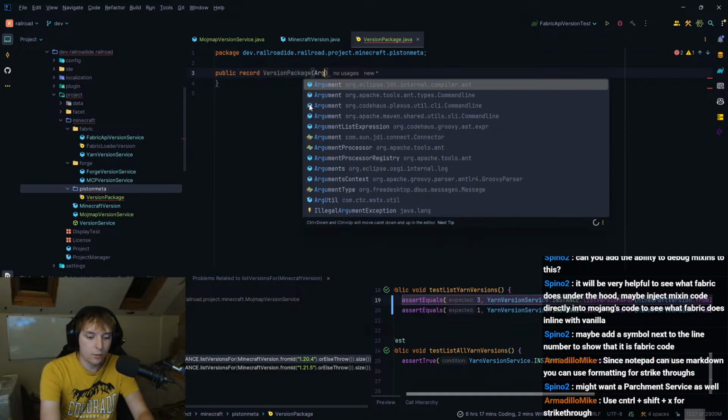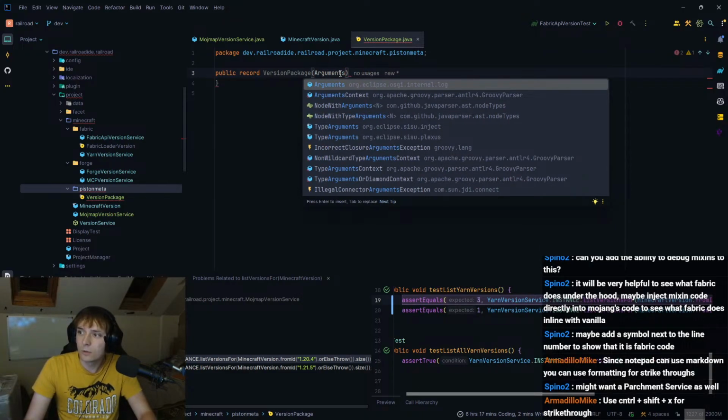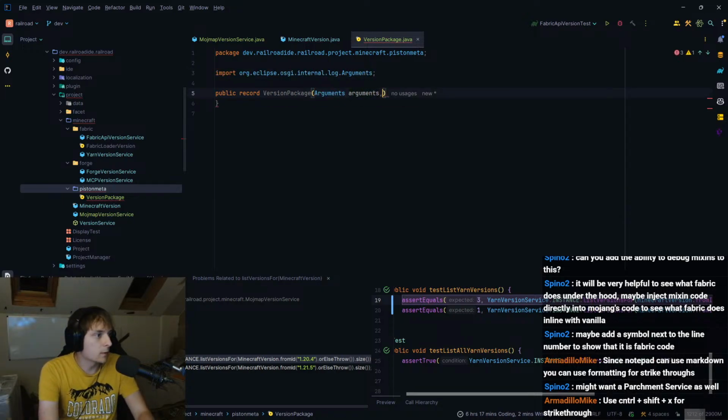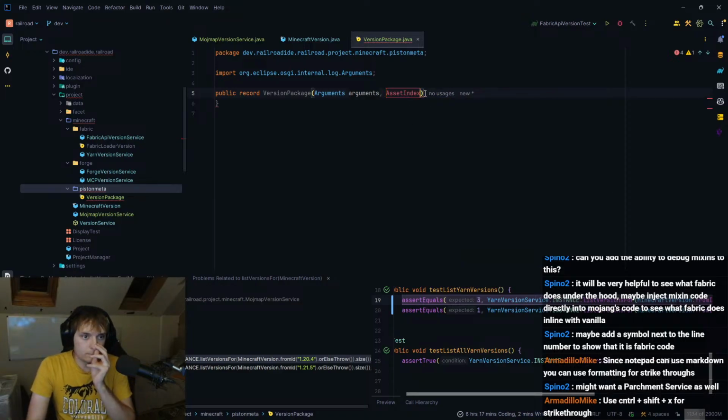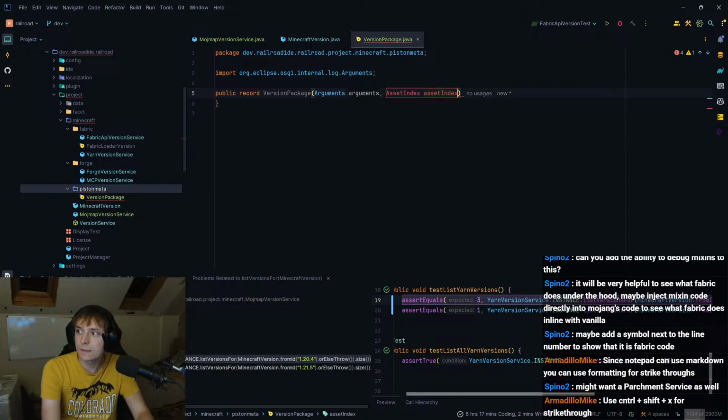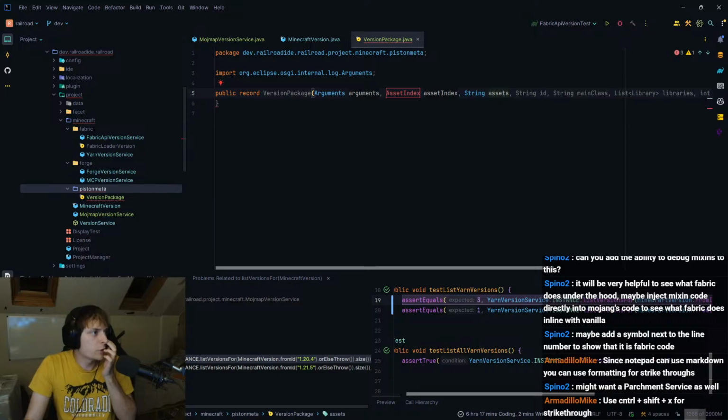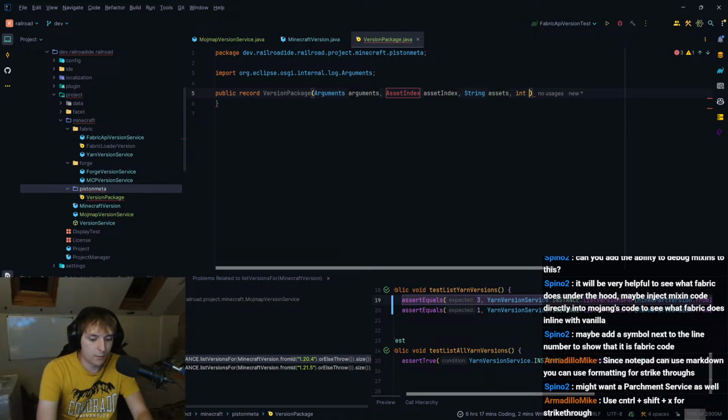Which has arguments. Oh god, we're going to get a bunch of errors from this because things are slightly weird, but yeah. Arguments, it's going to have an asset index. Should be the asset index. It's going to have a string assets. What is string assets? I think it's the asset level. Then it's going to have an int compliance level.